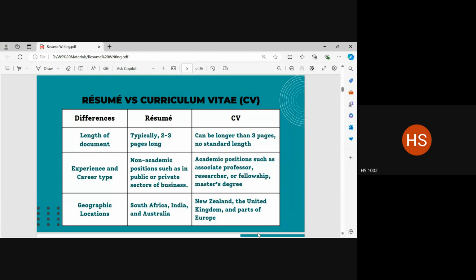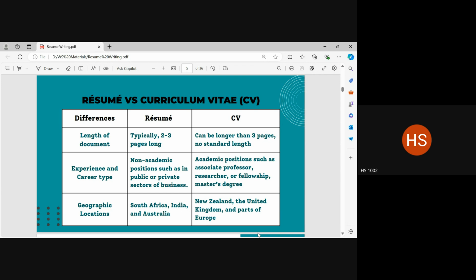Ideally, you go through the job description that has been advertised very carefully and study how they have used the word. Have they said that they need a resume or have they asked for a CV? That can be a very helpful way of determining what kind of document you should be sending out to them.